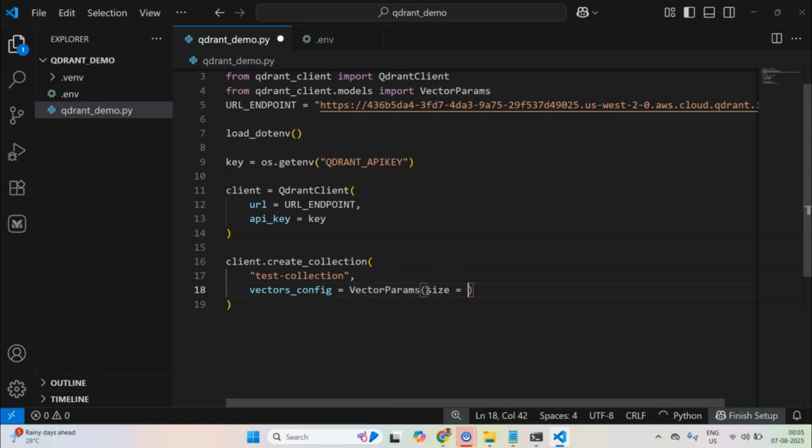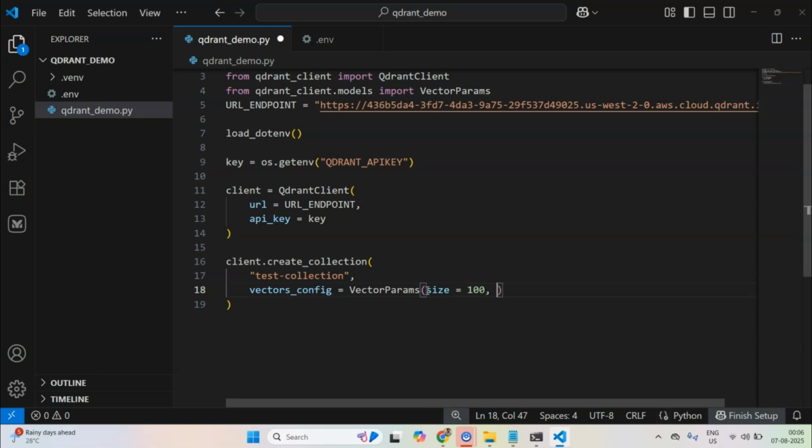Now VectorParams takes two arguments. The first one is size. Size means what? You can call this a point, you can call this a vector, but these must have a fixed size, right? You can't have a variable vector size in a vector database collection. So for the time being, let's set a size of 100.